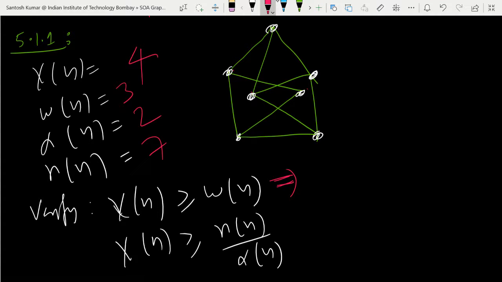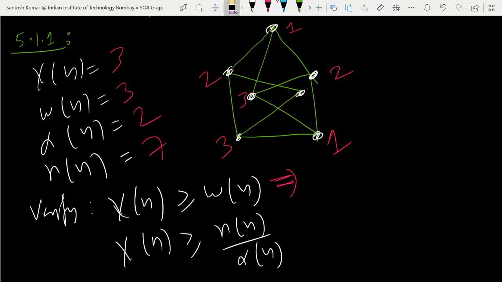So how they did it: you can start with 1, 2, 3, then another triangle here with 1, and similarly it can be done here. So here it is 1, so 2 we can take, 3 we can take, and we can take 2 here. Sir, chromatic number 3. Yes, chromatic number is 3. So we have seen 1, 2, 3.